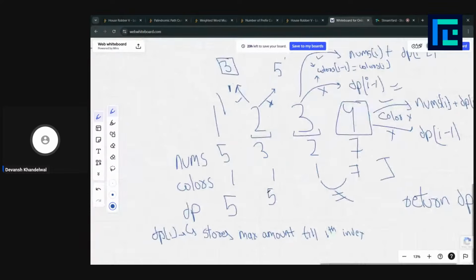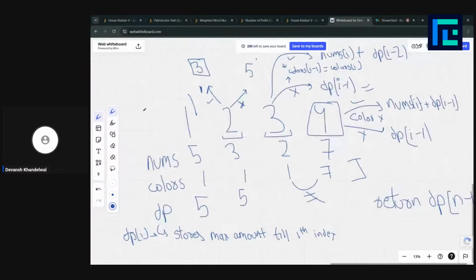So this is a pretty standard dynamic programming take-or-not-take problem, where we kept a different state here, and this dp[i] stores the maximum amount till the ith index. For each index we calculated whether we are going to take it or not, and it depends on whether the colors are the same or not.